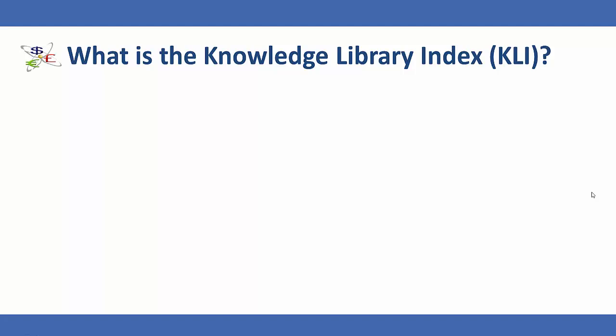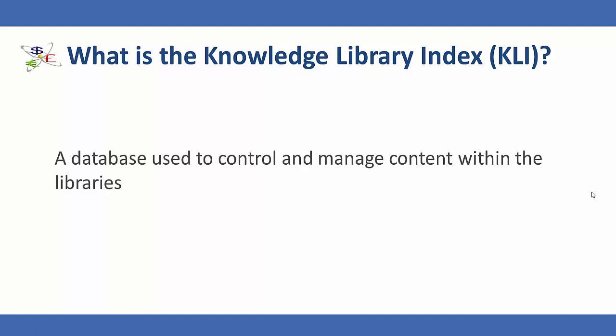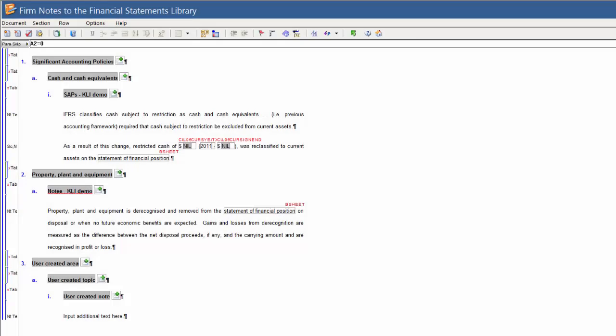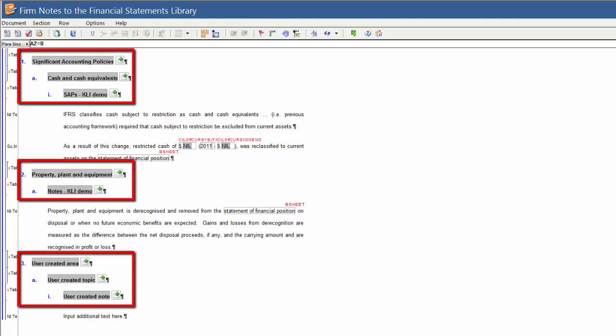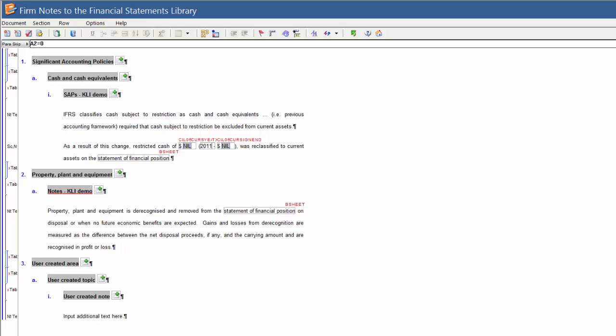First, what is the Knowledge Library Index, or KLI? It is a database used to control and manage the content within the libraries. In CaseWare Financials, the KLI is used to organize the hierarchy of notes so they are properly named and then placed in the correct location in client financial statements, eliminating the need for users to have to sort their notes